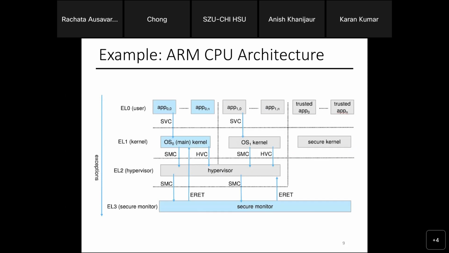Those are more for virtualization, if you want to enable things like virtual machines, my bad, not virtual memory. How would you do that? But look at the kernel. That's a kernel for application group 0. That's a kernel for application group 1. And that's also the trusted secure kernel that's totally isolated.